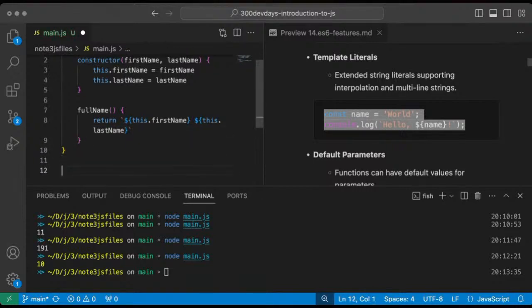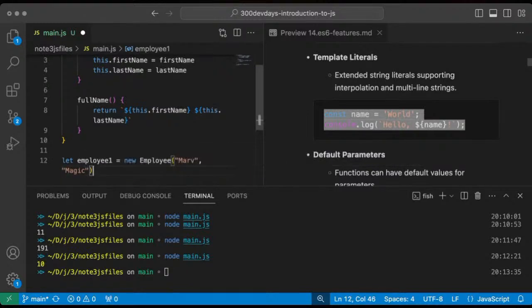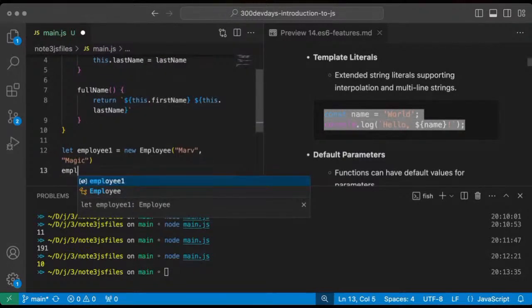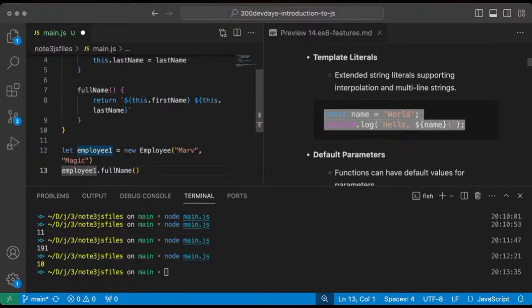So if I come in here to say let employee1 equals a new Employee, this is the point where I put in the first name and the last name. Let's just say Mav, and we have Magic. Now I passed in two strings, first name and last name, but I can also go ahead and say employee.fullName, because now I can use that to get the full name.